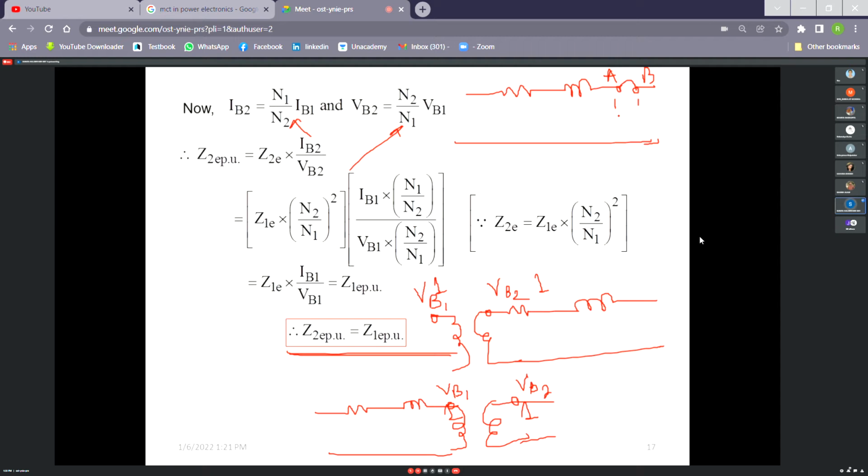When you are calculating voltage at point A, the voltage in actual is 1 into VB1, and voltage at point B in actual is 1 into VB2. So in actual, the voltage is different. But when you are calculating in per unit, both are 1, so you can easily calculate. If you identify the points in the reactance diagram, you can get a simplified circuit in per unit values so that we can get the voltage and current values very easily.